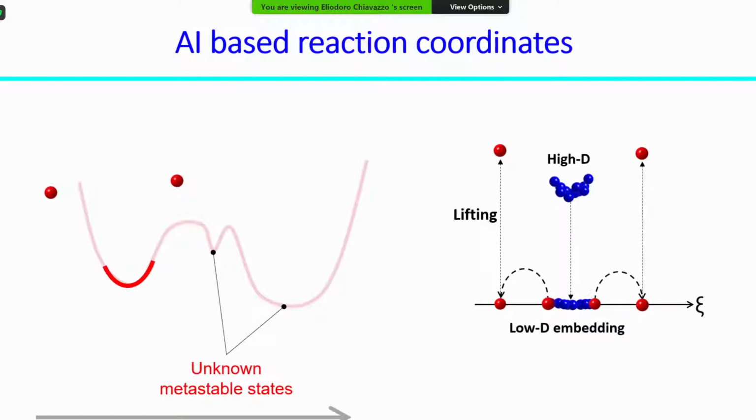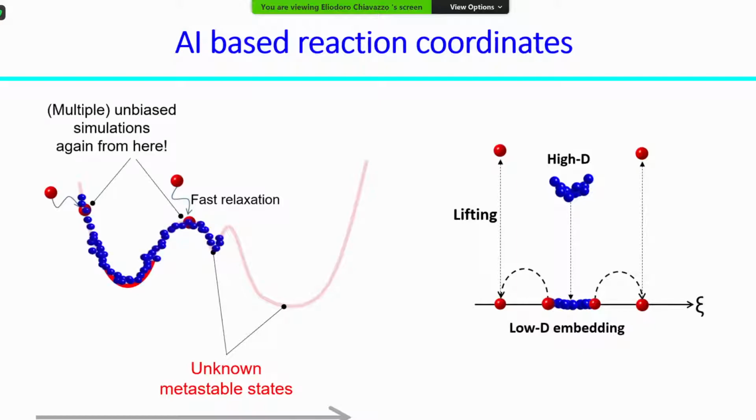This will give you new initial conditions which have been unexplored by your model. And by starting from that point, you can again rerun your simulation and speed up the exploration of your free